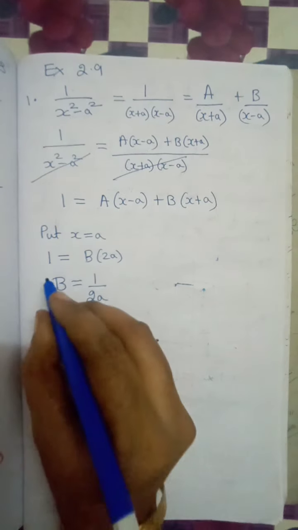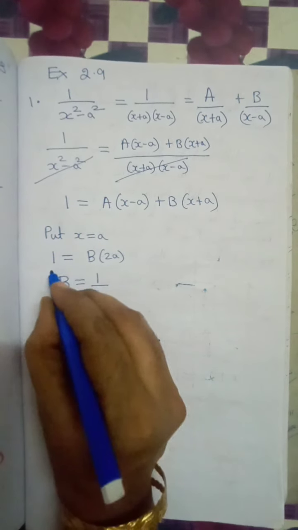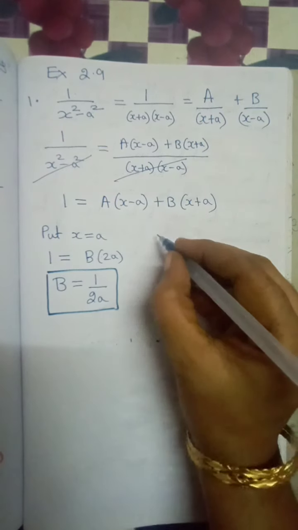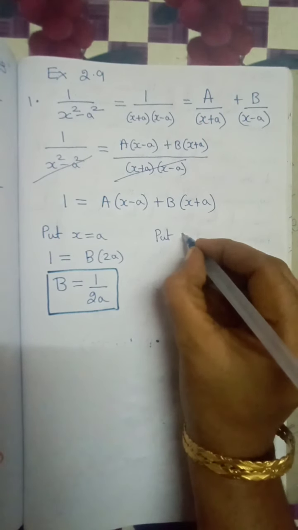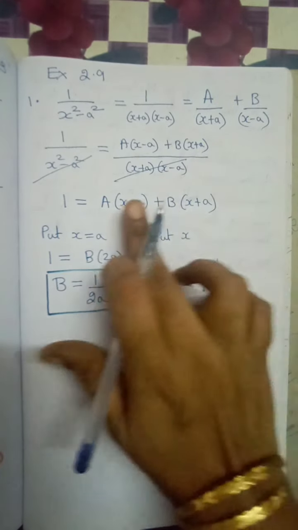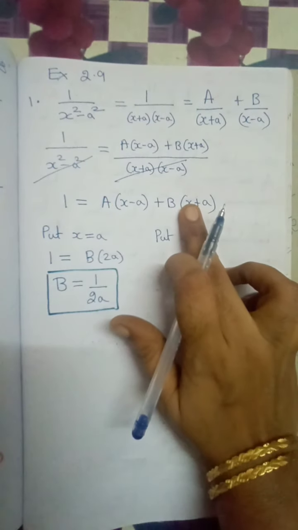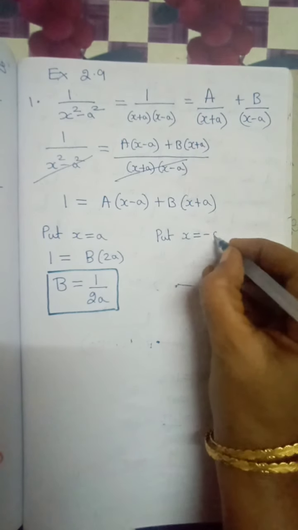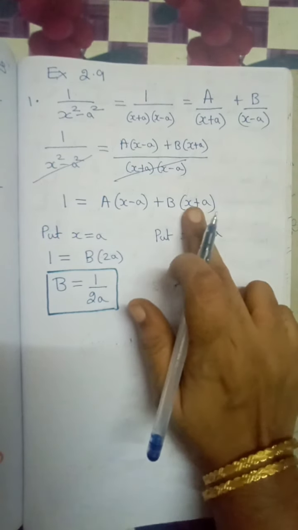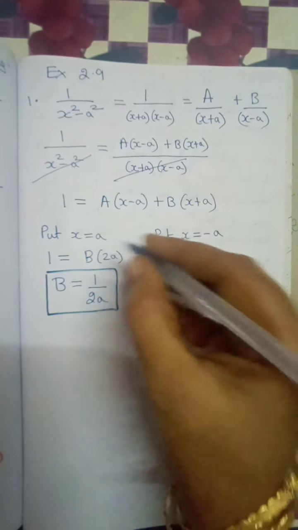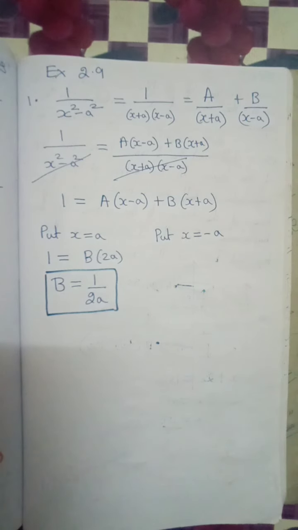Similarly, we have to find out the answer for a. For that, what I have to do is, I have to think how to make this bracket 0. If this side becomes 0 only, I will get the answer for a. Just observe. So if I put x is equal to minus a, then only I will get 0. So put x is equal to minus a. So wherever x is there, now we are going to put minus a.